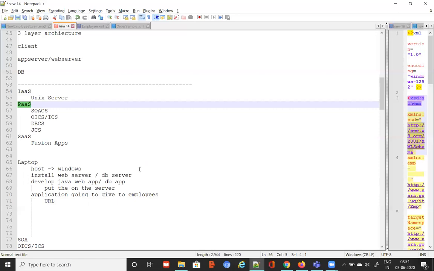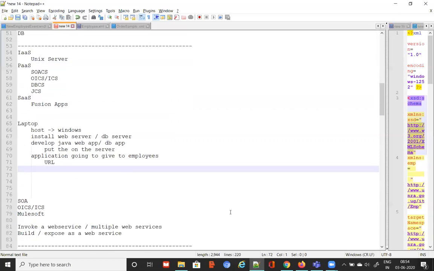In fact, if you go to Microsoft, even some of what looks like PaaS, they call SaaS. They felt this is more of an application, so they want to call it SaaS. It's fine, it doesn't matter for me. It's a service for me at the end as a client.